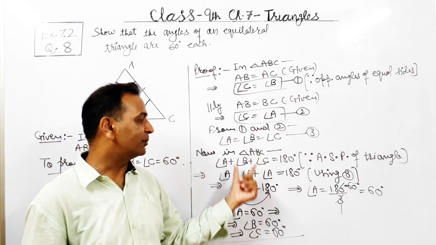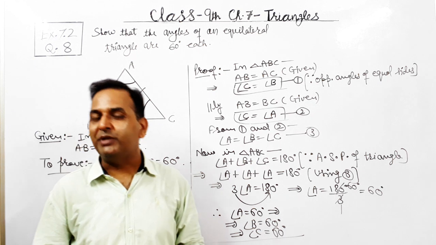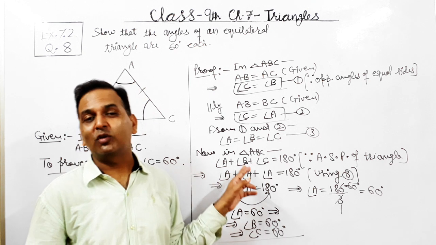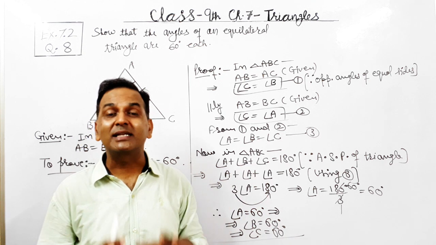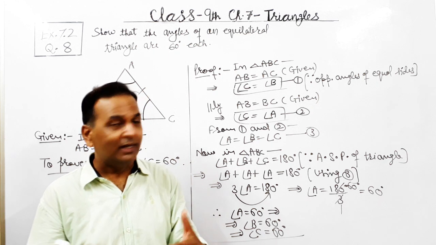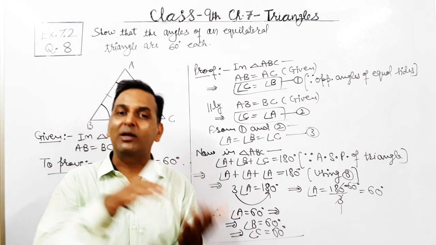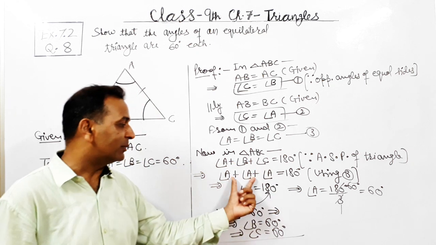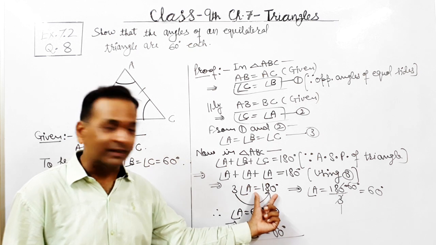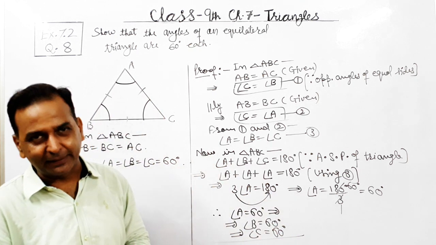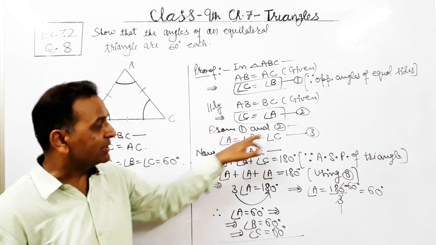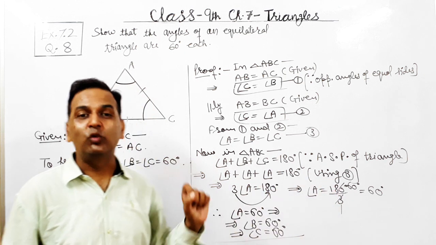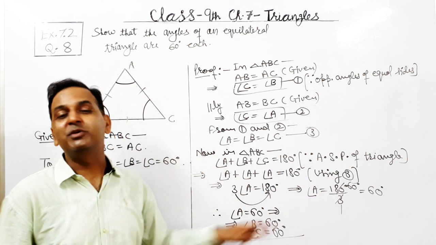And now, using angle sum property of triangle ABC, angle A plus angle B plus angle C equals 180 degrees by angle sum property. And now, because for solving this equation we have to convert this into a simple linear equation in one variable, तीनों angles को किसी भी one angle में आप convert कर दें. So, हमने angle B को भी angle A से, C को भी angle A से replace कर दिया. So, ये बन गया 3 times angle A equals 180 degrees, and in this way, angle A equals 60 degrees. Because एंगल A, एंगल B, एंगल C तीनों आपस में इक्वल हैं, और अगर एंगल A 60 डिग्री के इक्वल है, इट मीन्स क्या हुआ, एंगल B भी 60 डिग्री होगा, एंगल C भी 60 डिग्री.